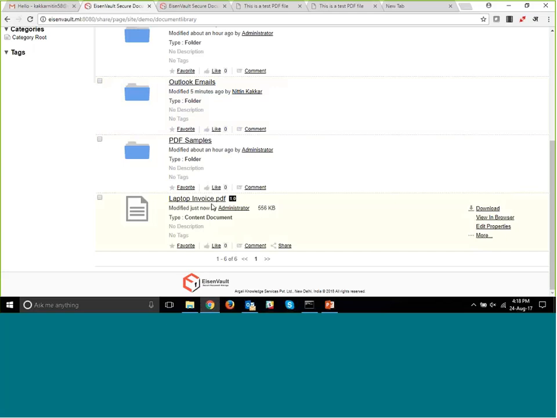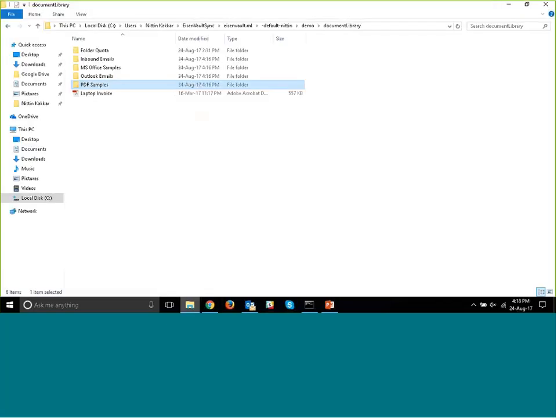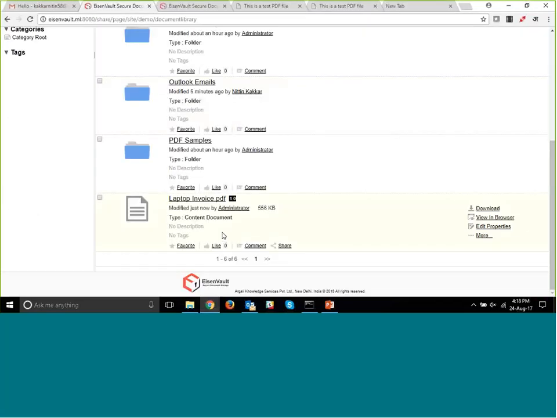So you can see the laptop invoice, which was not present earlier. I just uploaded it in the folder over here and it was synced to the DMS, which says modified just now by administrator. So you can use the EisenVault Sync for offline work,